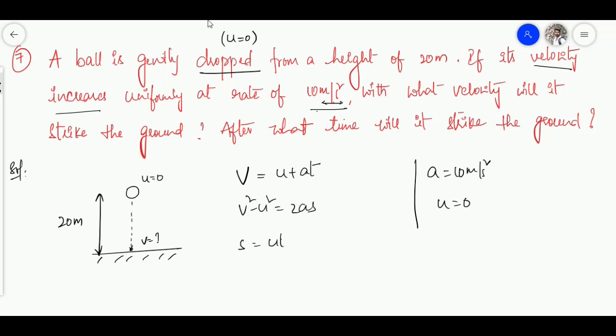s is equal to ut plus half at square, which will serve the purpose. So we are going to find the final velocity. That means v. So we have to find this, which means every other term should be known. In the first, we know u, we know a, but we don't know t. Coming to the s, we know the s. s is nothing but the distance, or here it is the height. We know u, but we don't know the t, and moreover it doesn't have any term v. Coming to the second one, we have v. That means we have to find this. Every other term should be known. We know u, we know 2, we know a, we know s. s is nothing but 20. So this is the best option to pick.